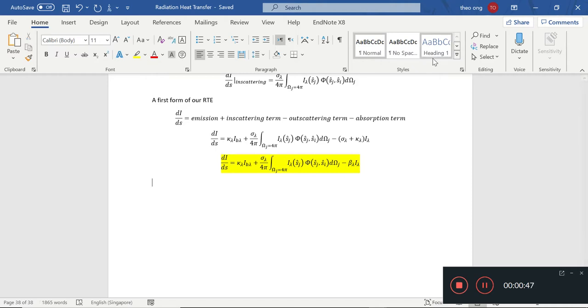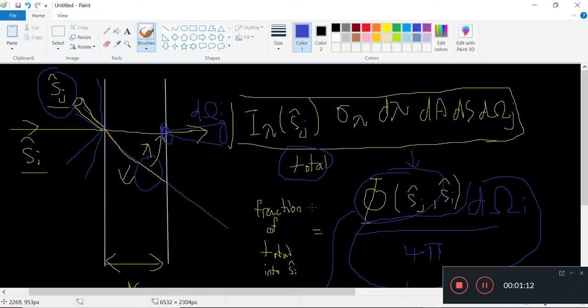So of course the reason why we want to derive anything in the first place is we need to solve problems with this thing. Alright, we want to solve problems with the radiation transport equation. So for example, the goal at the end of the day is, well, again, we have